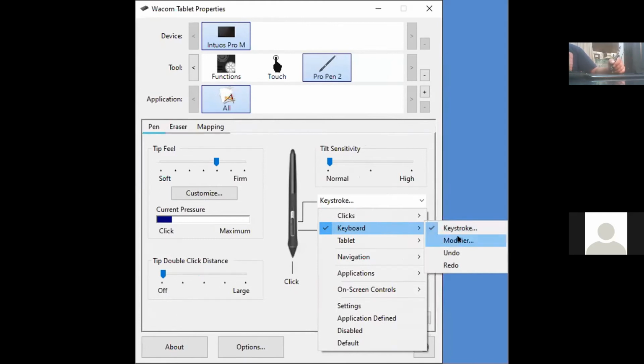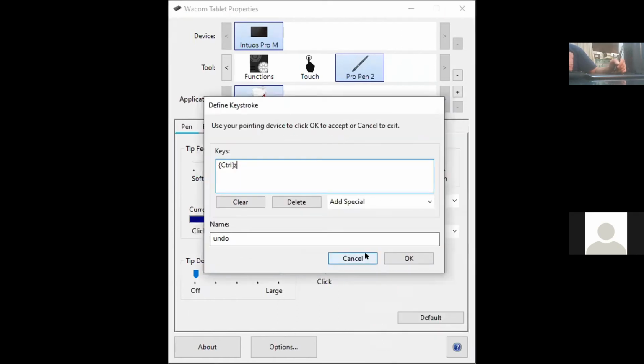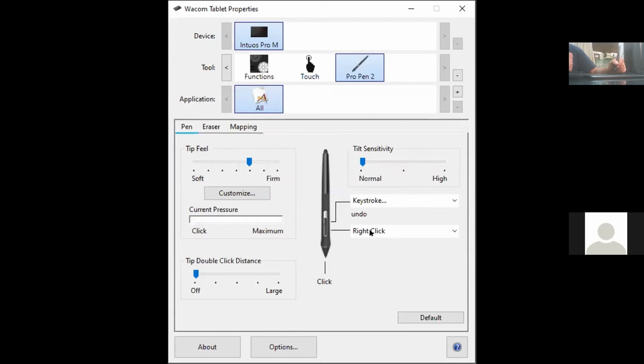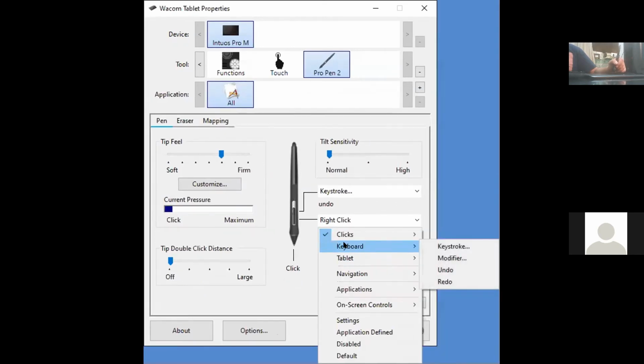Suppose you want to step backwards, toggle through the layers, zoom in, zoom out, or increase and decrease the size of the brush. You can assign whatever you want easily over here. Suppose I assign step backwards, undo. That's how you can assign a keystroke over here.